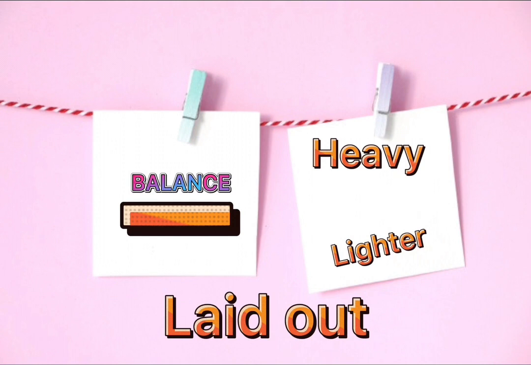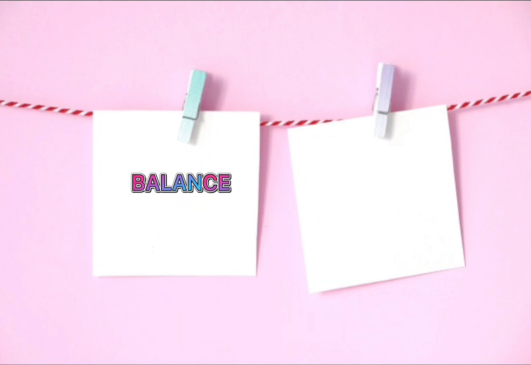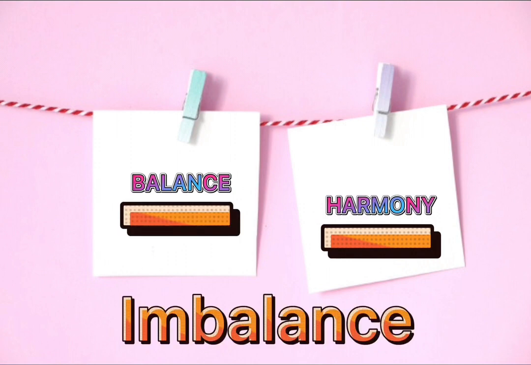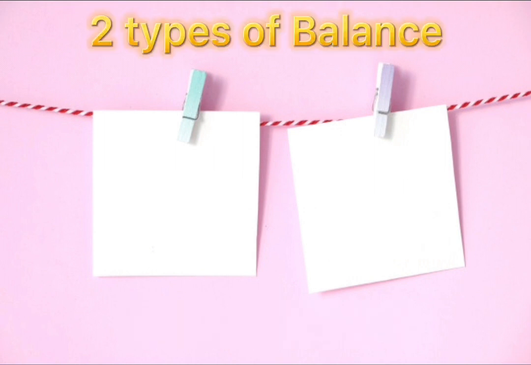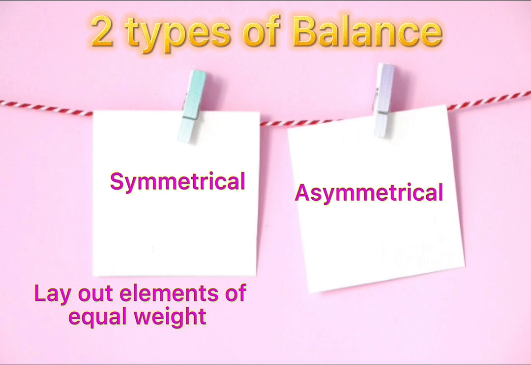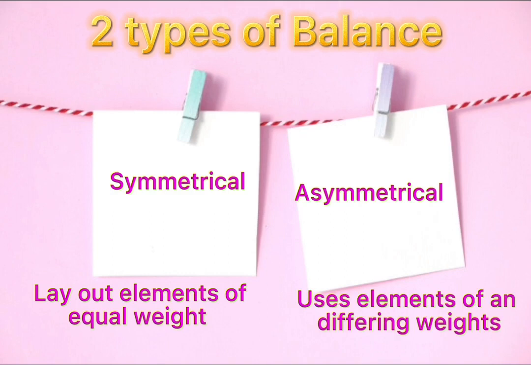We feel more comfortable and therefore visually satisfied when the parts of an image seem to have balance or be in harmony with one another. Imbalance gives a sense of disharmony, which is usually not the intention of the creator. There are two types of balance: symmetrical and asymmetrical. Symmetrical designs lay out elements of equal weight on either side of an imaginary center line. Asymmetrical balance uses elements of differing weights, often laid out in relation to a line that is not centered within